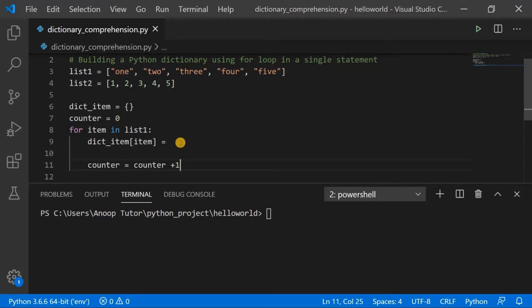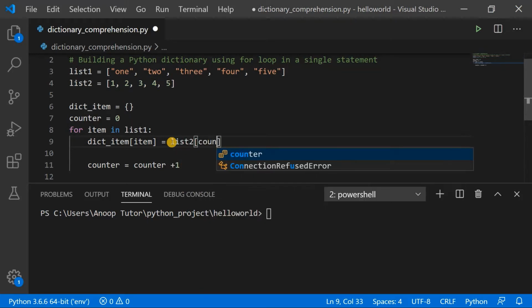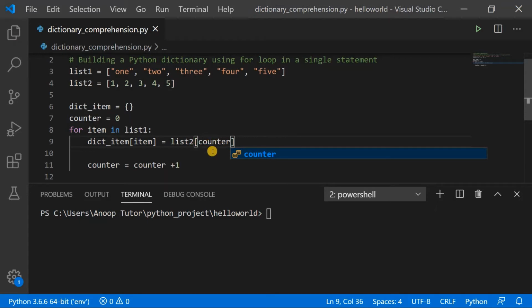And what value are we going to assign to this dictionary? With each for loop, the item is basically the key, and the value that we are going to assign should be the numerical one. So for that I need to access the list 2, and inside the list 2 I will pass in the counter value. The counter is basically tracking the index of list 2,